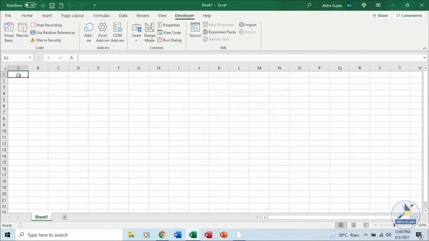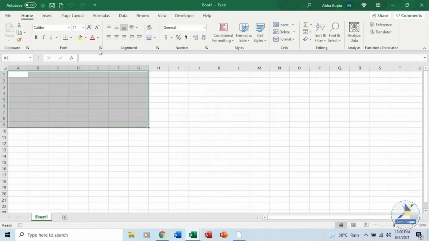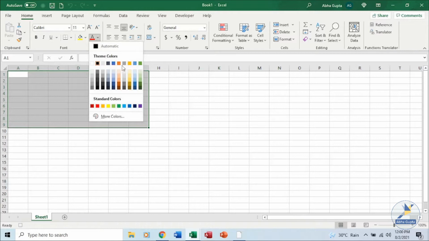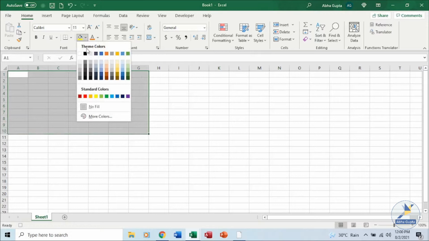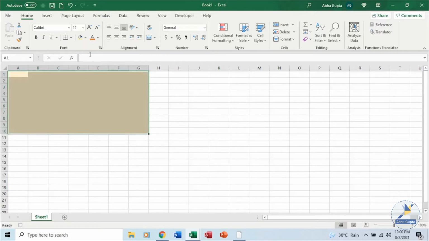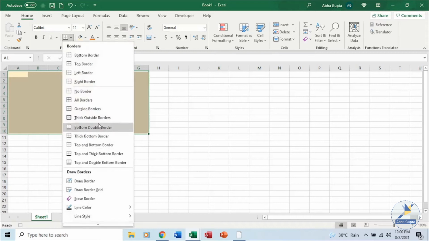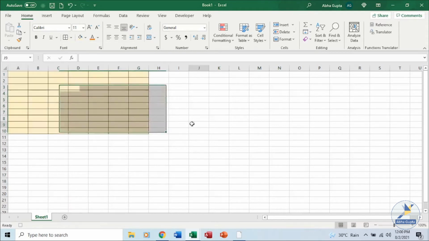Let me select this area and let's click over here. Let's apply a color to it, say this particular color for the text, and a lighter color for the background. Let's have borders over here.